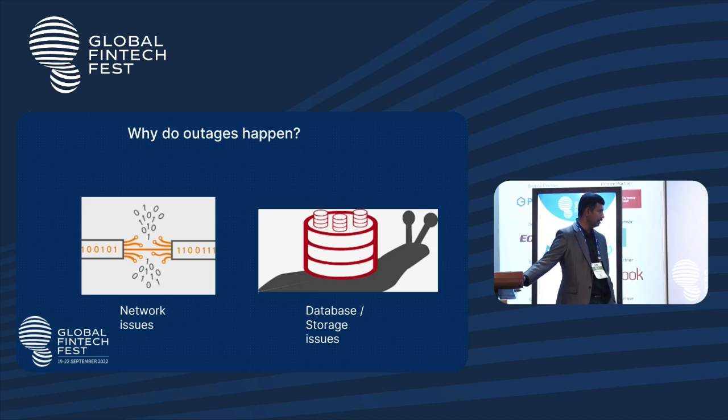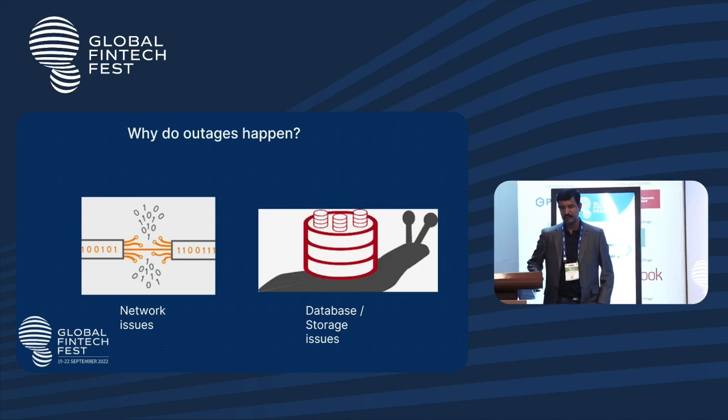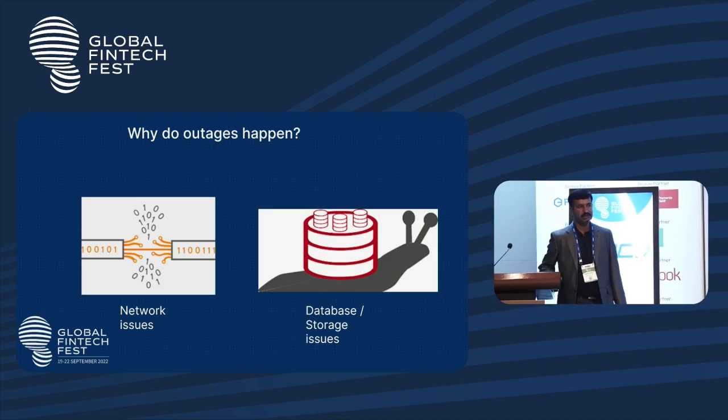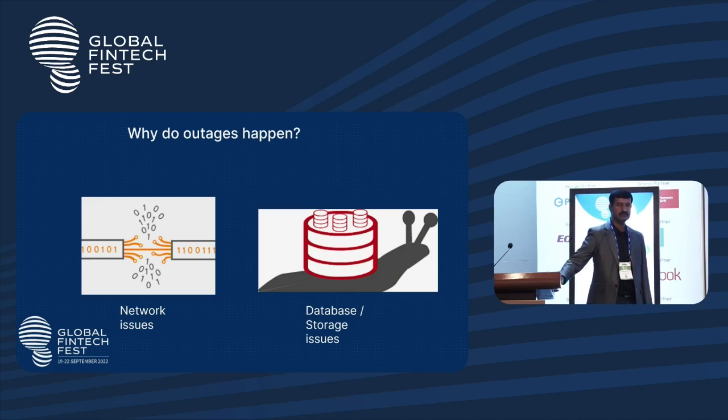And database storage issues need to be continuously managed, irrespective of how well you manage. Databases can start acting a little slow when they are full, or they're very complex systems, so things can happen in terms of total outages of the databases or